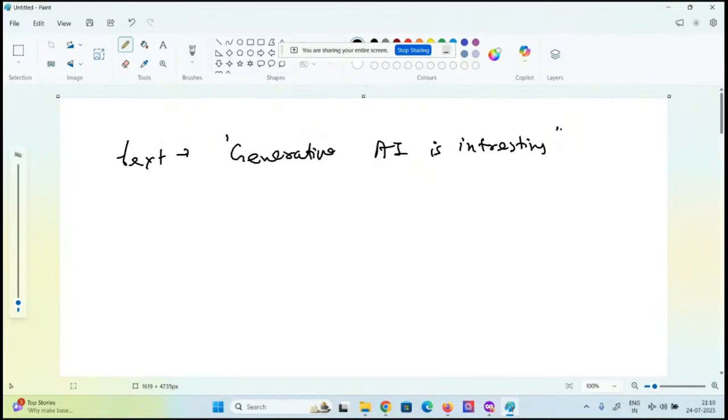Okay, let's say this is one text. Now the second text, let's say, AI is transforming the world, like this, right? Now if I have to encode it, what do I do? Like the last time what we did